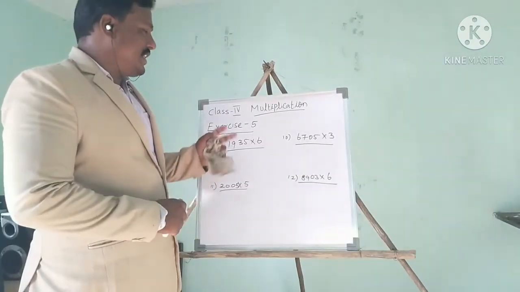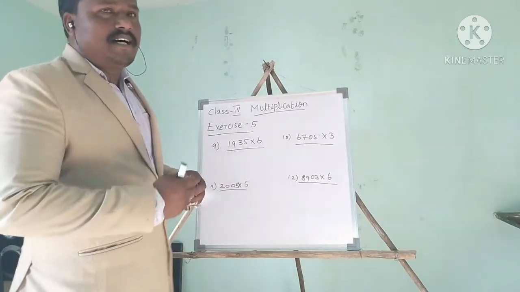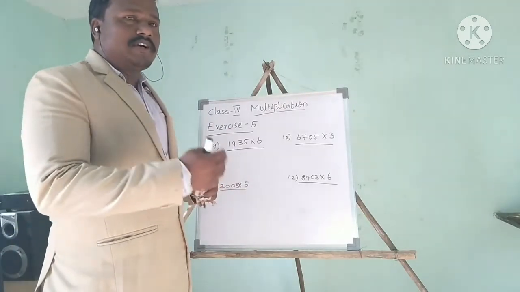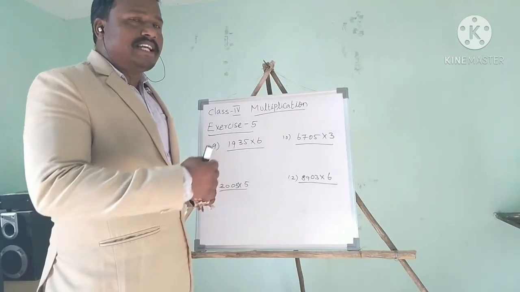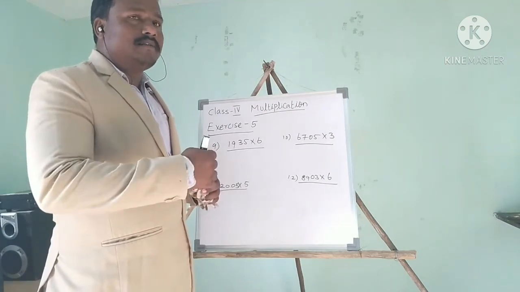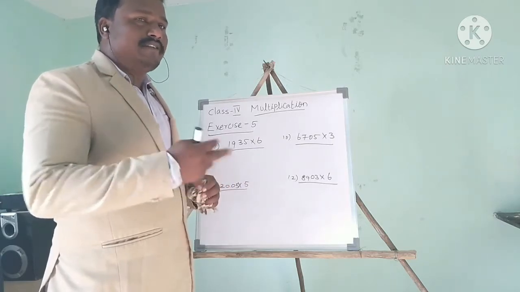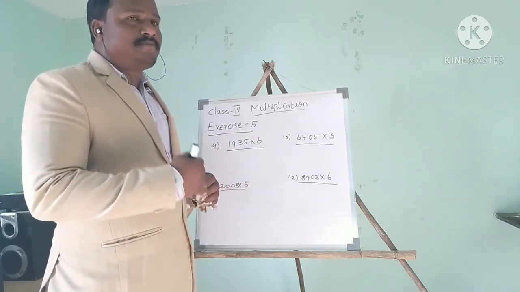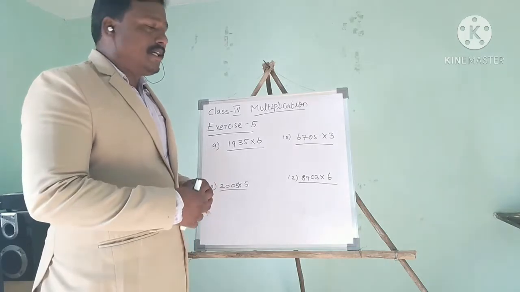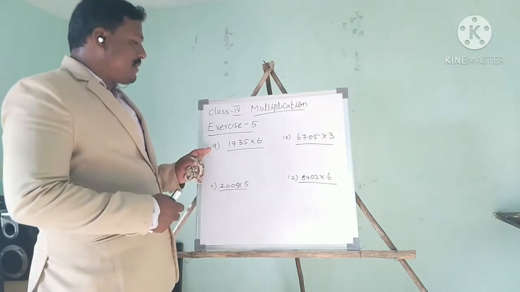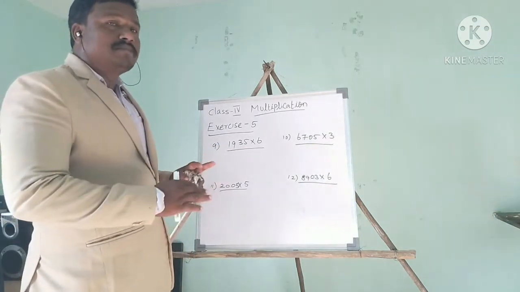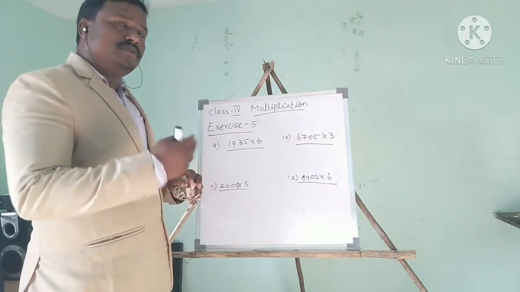Okay students, let me see the exercise 5. Before this we talked about exercise 1, then exercise 2, 3, 4 you do in homework. If you have any doubt, please ask me, I will tell you. Now let me see the exercise 5 sums. Okay, I have taken these numbers 9, 10, 11, 12. These 4 sums I will do. Remaining sums you do in homework.